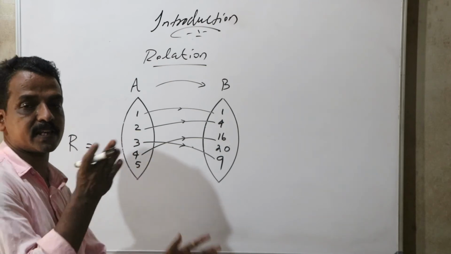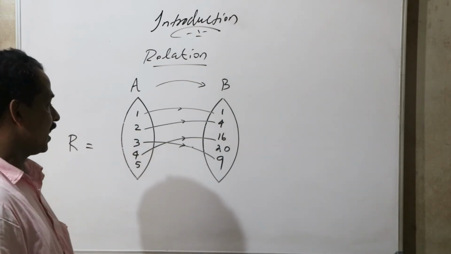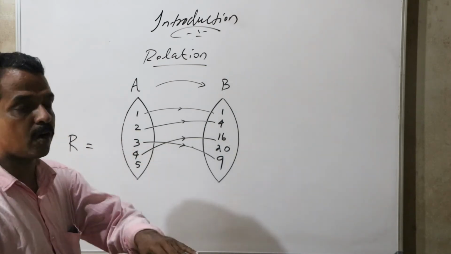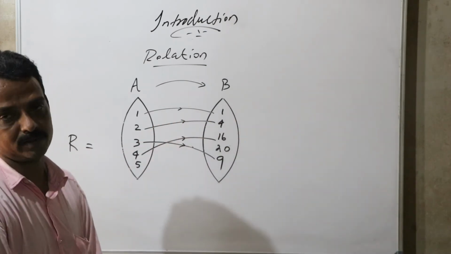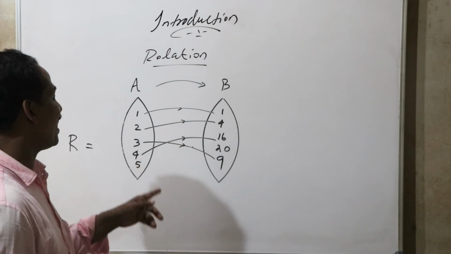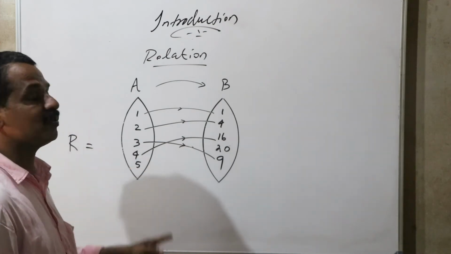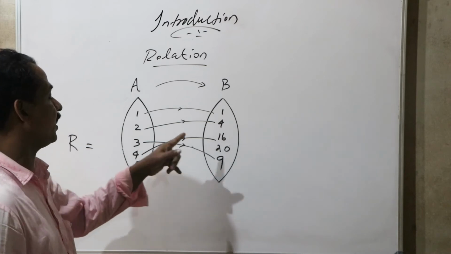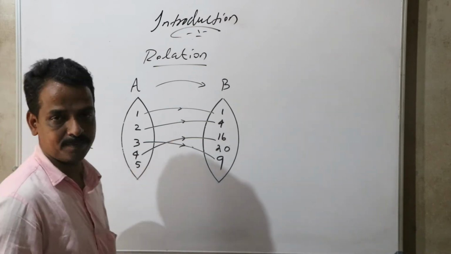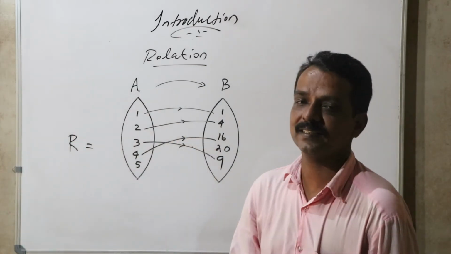The image of 2 is 4. The image of 3 is 9. Okay? This relation